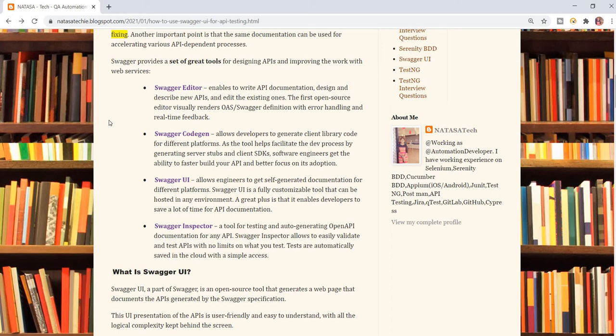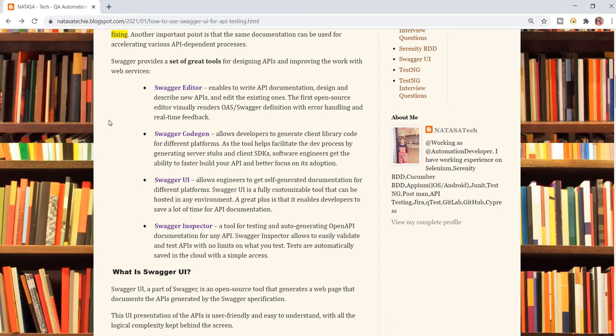Every action is taken on the UI page, and each application's UI page has different kinds of API URLs. So those documentation: this URL is only for the add to cart page, and this URL is only for place order. In that way they are segregated, listed accordingly and given to testers as well as developers.